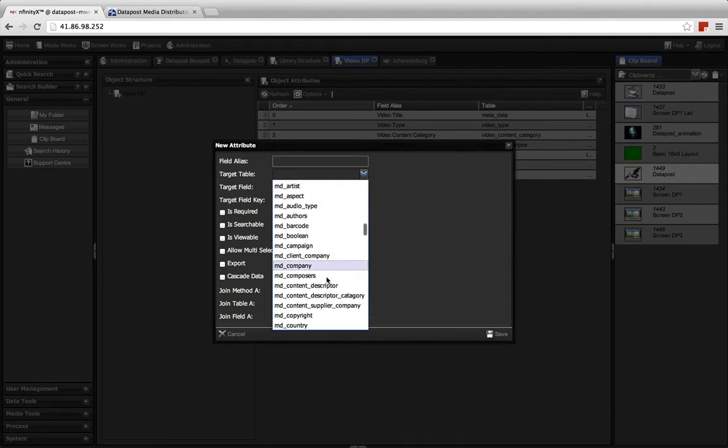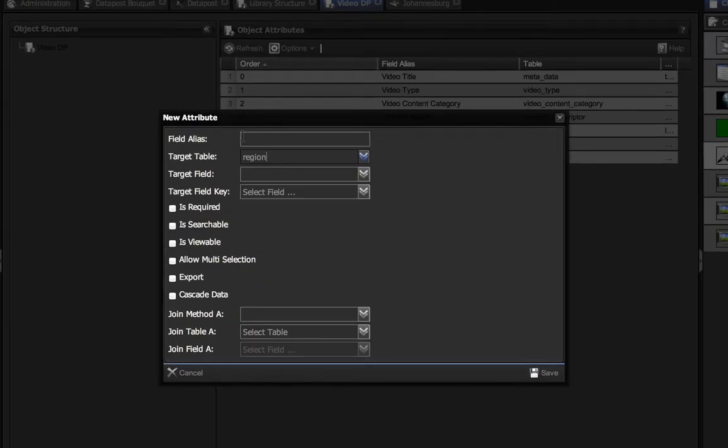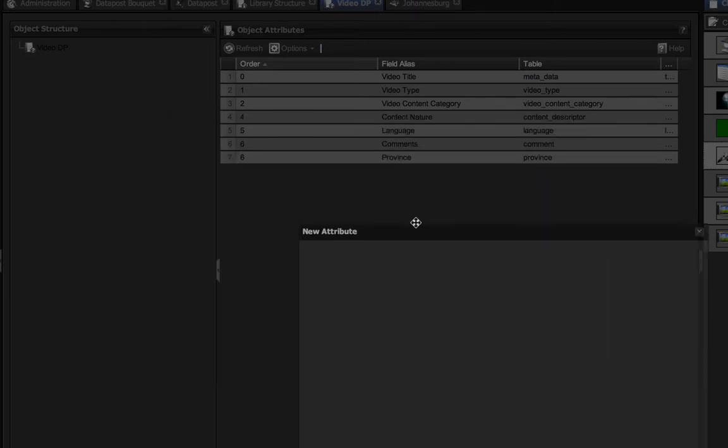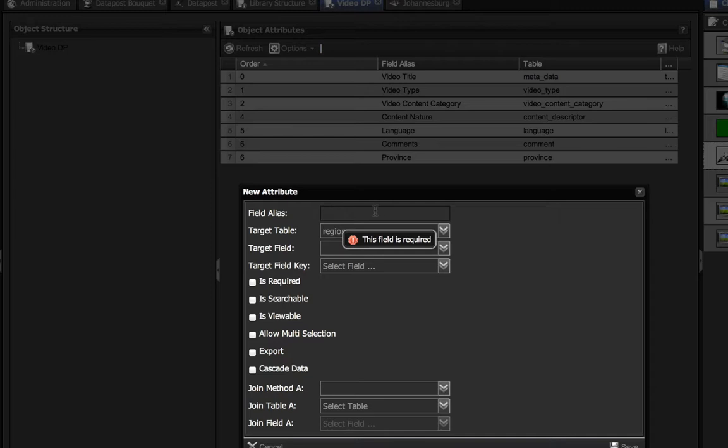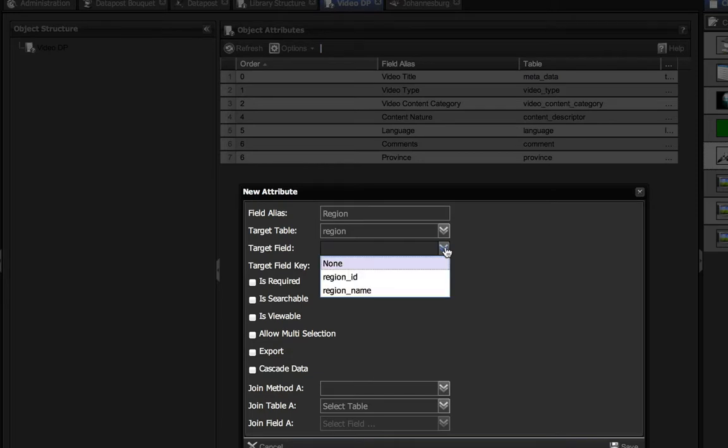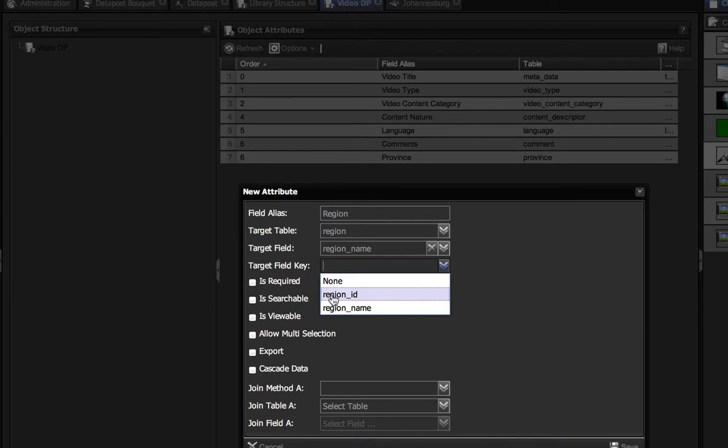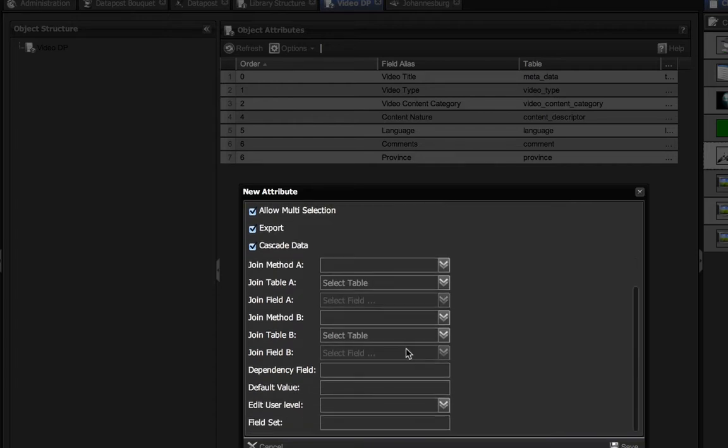And we go find region. There it is. And we are going to call this, because we've got a province, and the region over here. The region inside the province. Target field will be region name, and region ID is not required, is searchable, viewable, multi-select, export cascade data so that it flows down, go down here,